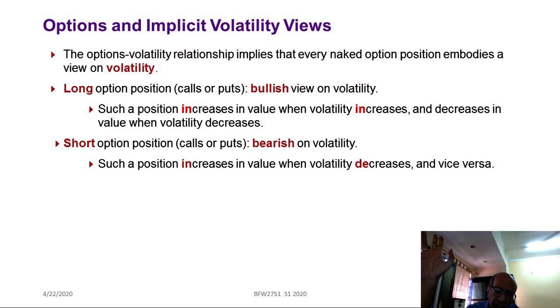So higher the volatility, what happens? If the lower the volatility, what happens? So long option positions, calls or puts, are bullish in view on volatility. If you are bullish on high volatility, then you go for long calls or puts. Such a position increases in value when the volatility increases and decreases in value when the volatility decreases. So you're bullish about something and you know the jump is going to be huge, then buy calls,